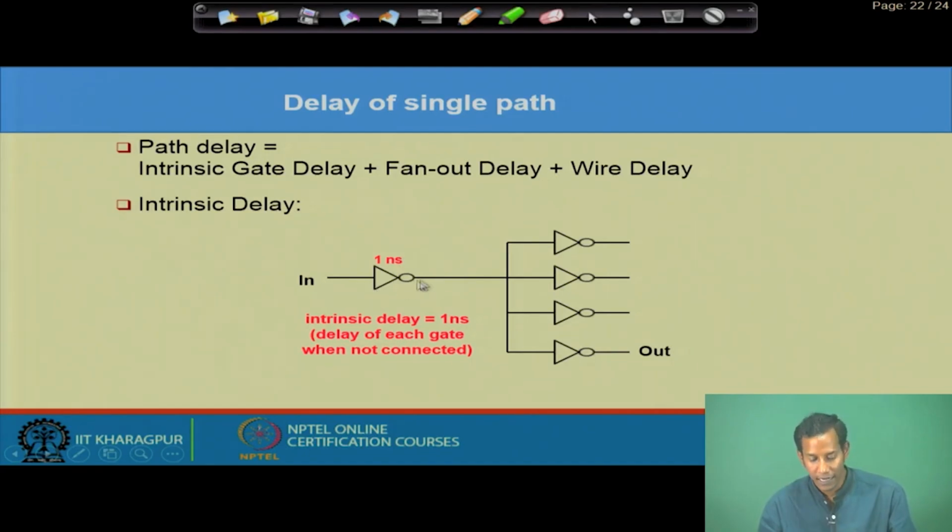And if one of these inverters is driving 4 different other cells, that information will be the fan out delay. If it drives 2 gates, what will be the amount of delay for these gates? If it is driving more, say 6 cells,